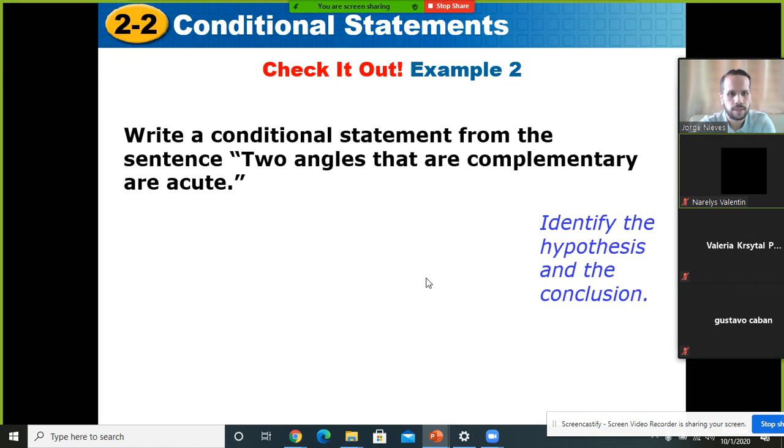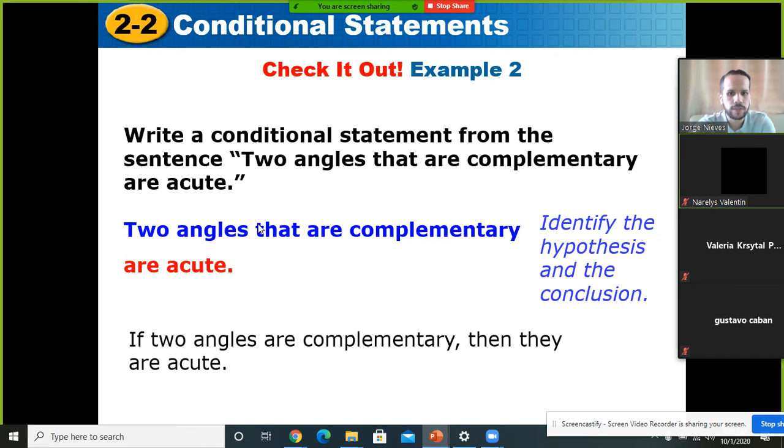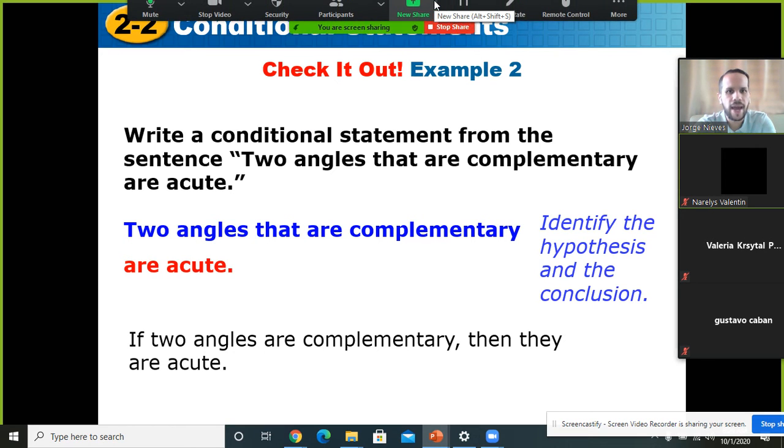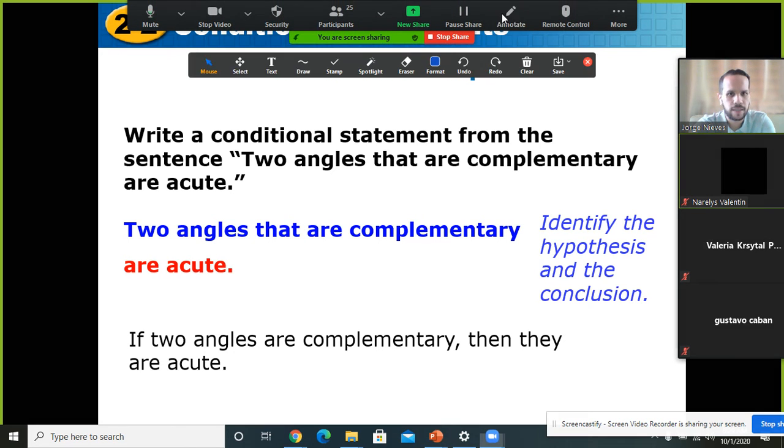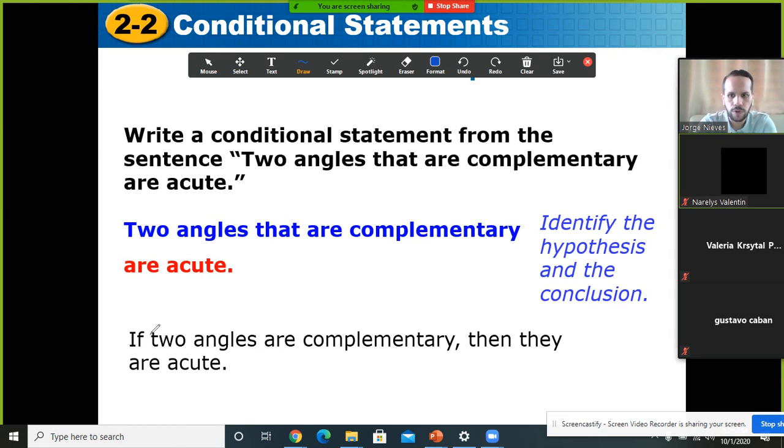So if we say that two angles that are complementary are acute, let's see how we write a conditional statement. Identify the hypothesis and the conclusion. The hypothesis is the first part: two angles that are complementary are acute. We can write it the following way: If two angles are complementary, then they are acute. You see how easy it is. What do we add to this statement? ¿Qué añadimos, mi gente? We add the word if. That means this is the first part of the conditional statement. This is the